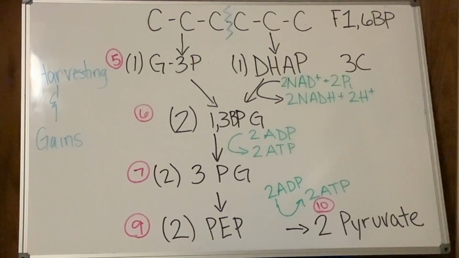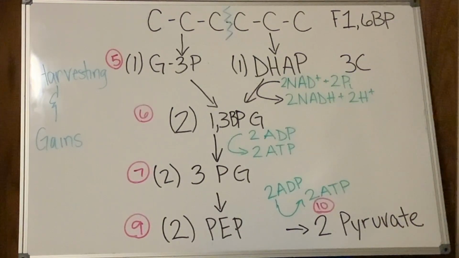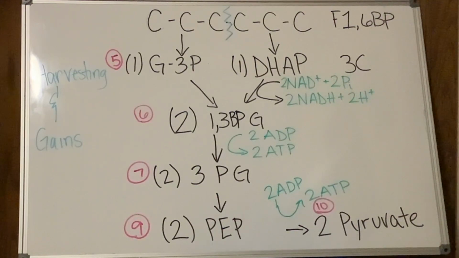At the end of the priming stage, we are left with one molecule of fructose 1,6-biphosphate. As we begin the harvesting phase and collecting the gains of glycolysis, we start by splitting fructose 1,6-phosphate into two 3-carbon molecules. G3P and DHAP are the resulting 3-carbon molecules, and as we convert these into